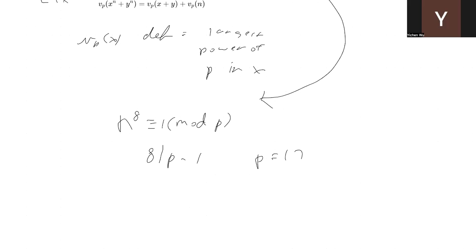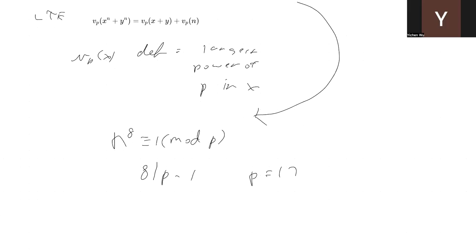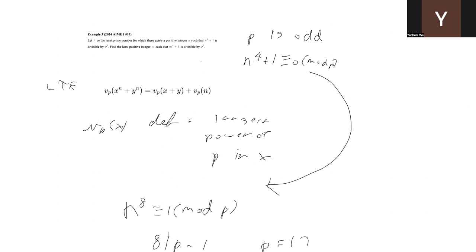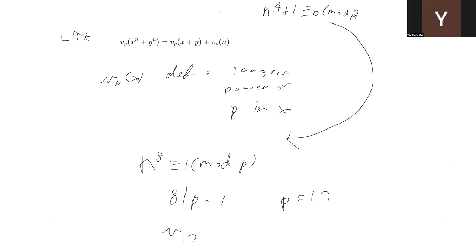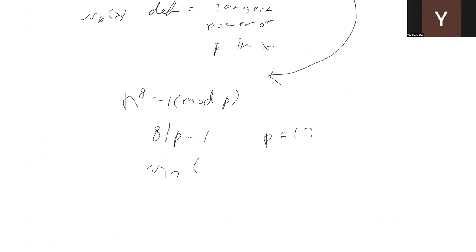So now here we can just plug this p back in here. So we want v17. I'll use LTE here, as you guys can see. So here we want v17 of n to the fourth power plus 1 equals 2. So we can write this as v17 times, wait, let me just check this again. Yeah, v17 times,